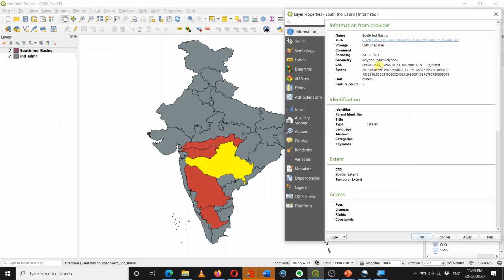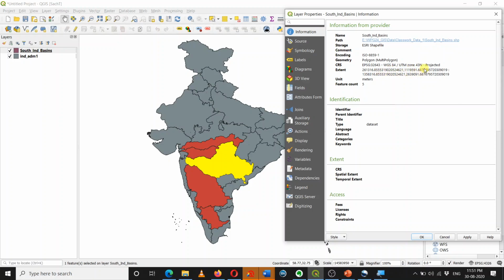So this is not a geographic coordinate reference system, this is a projected coordinate reference system, and the type is UTM, and within UTM it is talking about 43N as a zone. We have seen earlier what the UTM is, and so this is a layer which is created in the projected coordinate reference system, and this is the extent of this layer. Now you can see the weird numbers over here, for example, this is 2,61,316.855, and similarly these are all odd numbers.